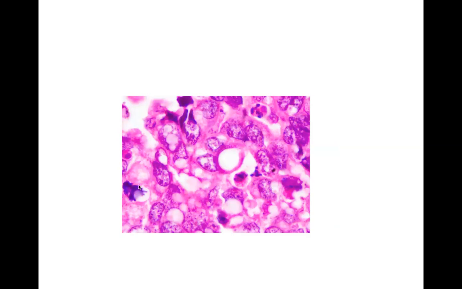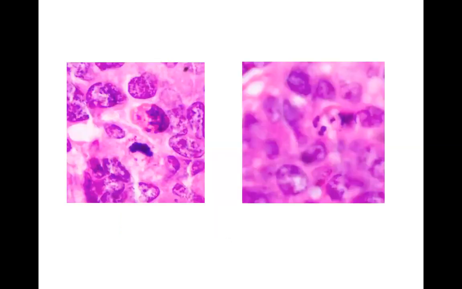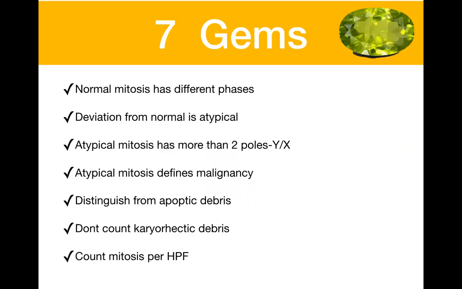As the mitosis will be chromatin condensation, and here you see that they're falling apart. So these are all chromatins, these are all necrotic, these are all karyorrhectic debris, and they disintegrate and loosen, and they try to loosen from each other. So you see them falling apart, whereas these hyperchromatic nuclei are all tightly packed together. So we should be able to differentiate a mitosis from the karyorrhectic cells that we have discussed. And these are the karyorrhectic cells. These are also seen in the slides when there is high proliferative index.